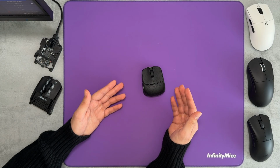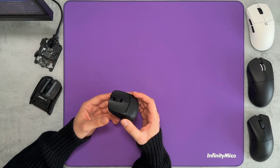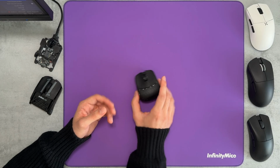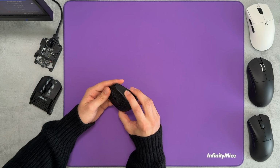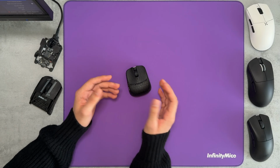So moving on, despite the feather lightweight, the build quality is surprisingly great for something that is so light. I expected it to be a bit more flimsy, but that's not the case at all. It feels surprisingly solid in hands. There's some slight flex when squeezing the sides, and a bit more on the bottom,